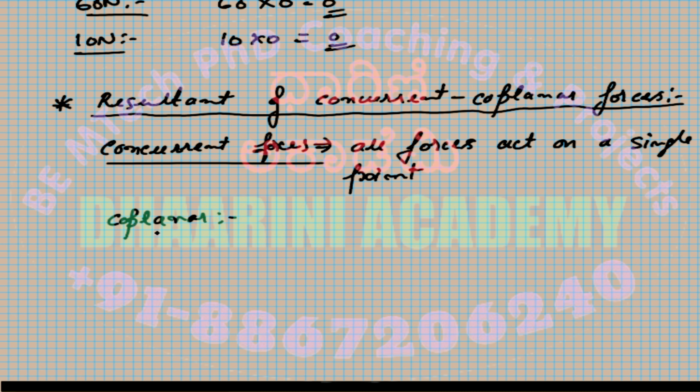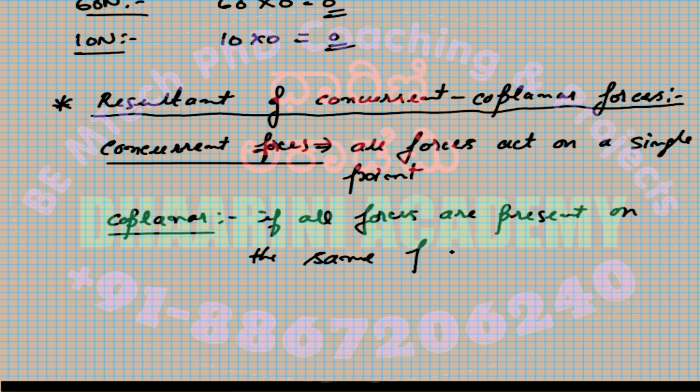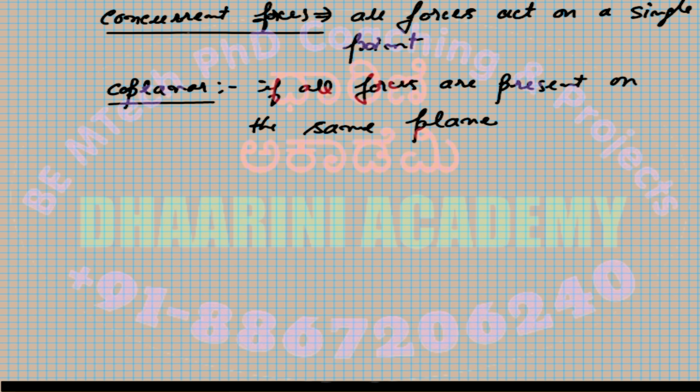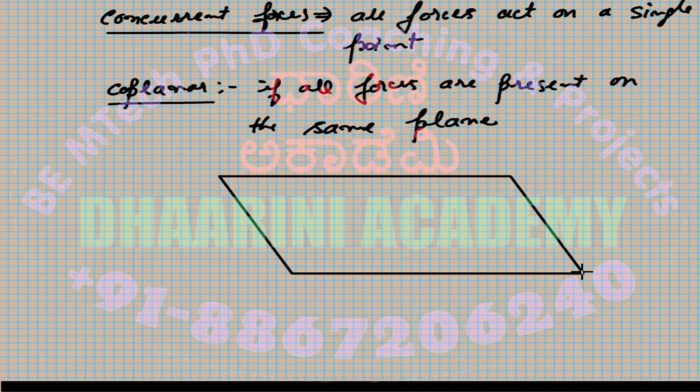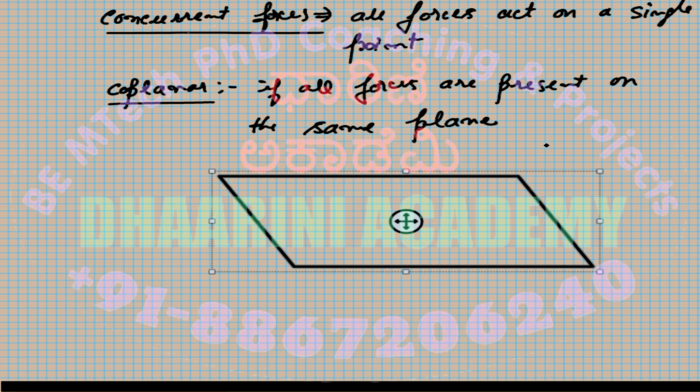Right, so the forces are said to be coplanar if all forces are present on the same plane. Right, so let me try to represent the coplanar concurrent force system. Let me assume this is a plane which I'm talking about, and all the forces are acting on the same point, and